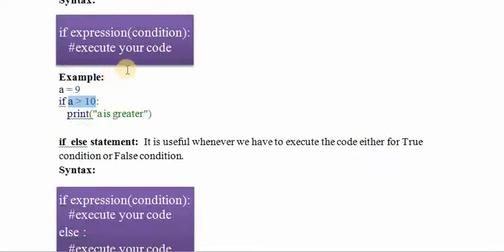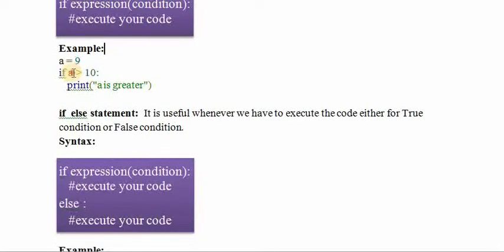First of all, you should watch the syntax of the if statement. Here you use the condition, then you use a colon. After the colon you have to use indentation, so here you have to press the tab key. After that you will write down your code. Python is a case sensitive language, so you should keep that in mind. Now, what is the example?